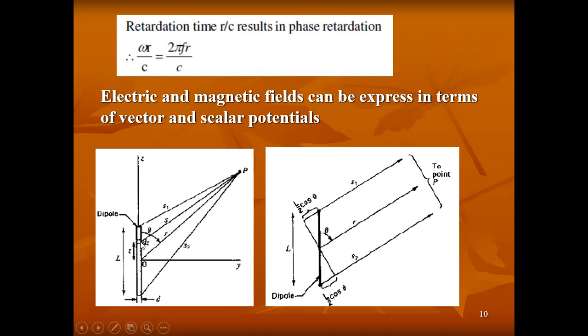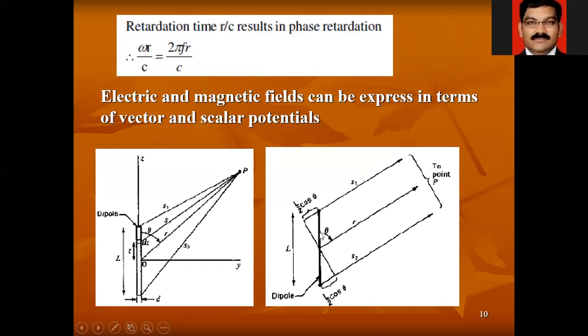Now you can take a very infinitely small dipole. The small length of this entire dipole is dz, which we have taken. Now from here it is the length s, and from this end, as this is not parallel, this is s1, and from the lower it is s2. So our important quantities are s1 and s2. But for the consideration, the point of observation is very far as compared to the length of this antenna. So we can assume that these lines are straight, but we have tilted this angle.